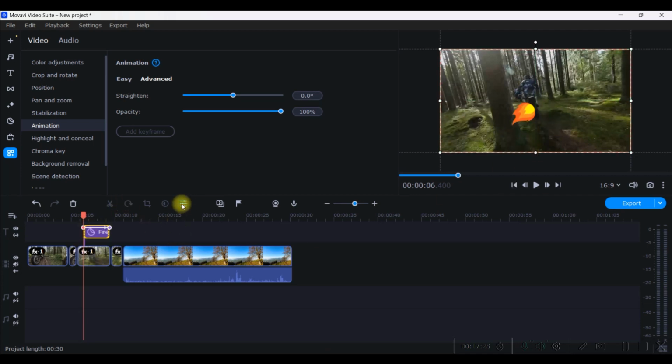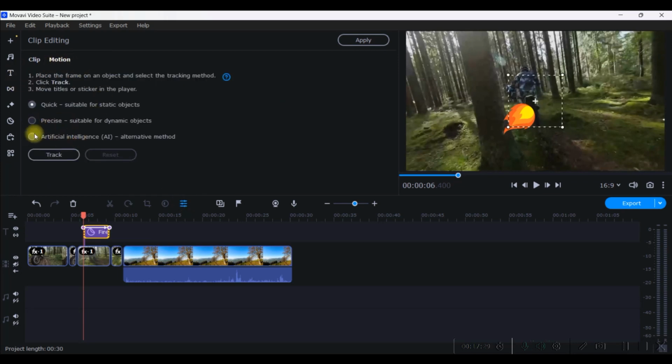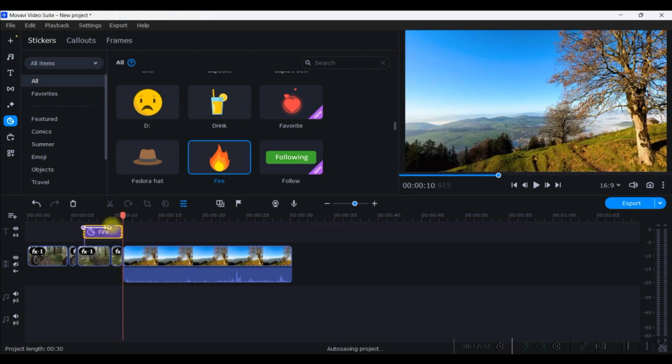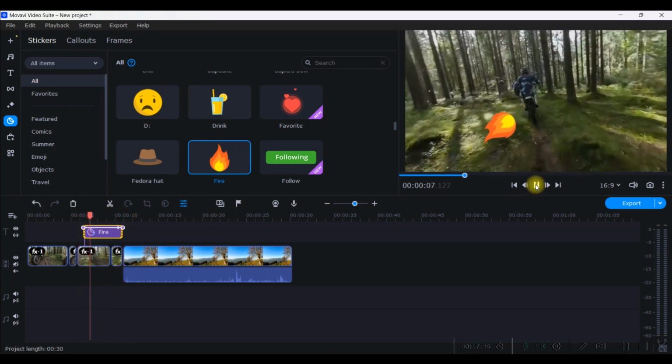Then one more adjustment I would like to do. I will go to motion, and I will go to precise in order to make this follow this bike, because if this fire remains here and the bike moves forward, then it will be difficult, right? So I want that to be here, and then let us see how it looks.